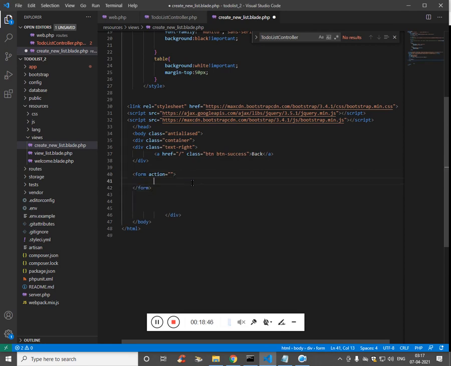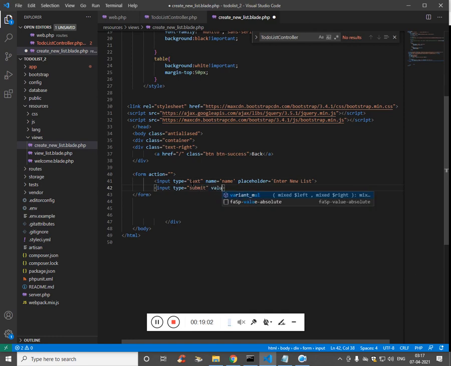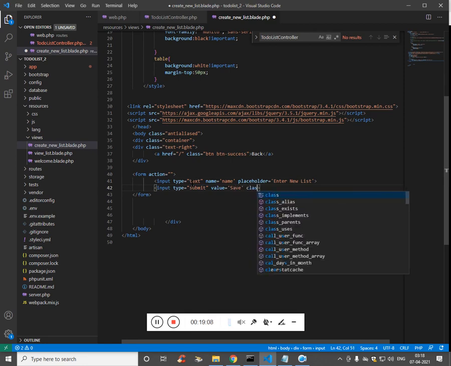and it should have two input fields. Input type text, name equal to name of the list, placeholder enter new list, and then input type submit. Value is going to be save, and class just to have a green color, btn.